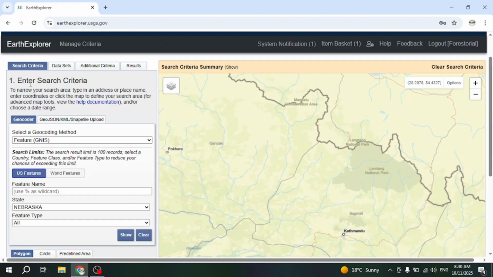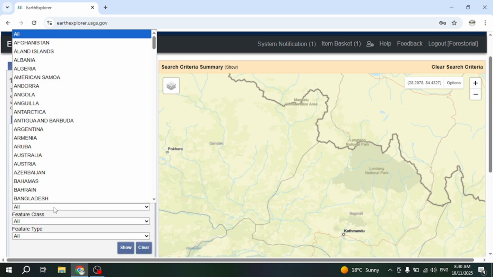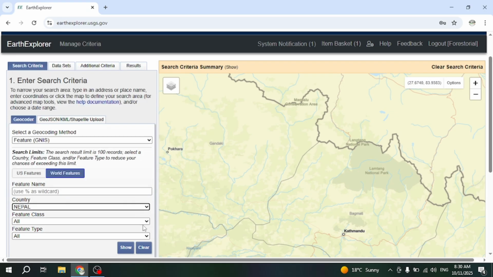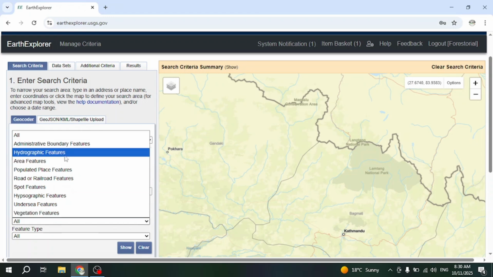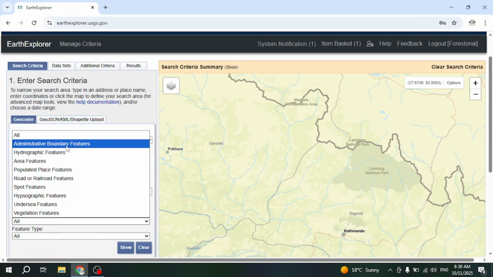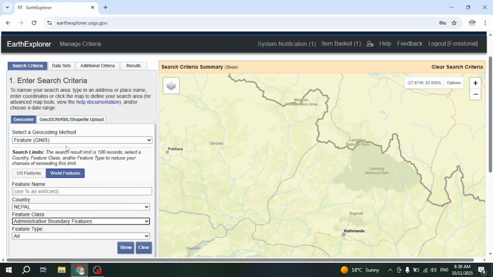Under the search criteria tab, you will see a geocoder. Go to the geocoder and click feature GNIS, and in the feature GNIS there are two options, US features and world features. We are not interested in US features, we will go for world features, and in the world features first select the country. In the feature class you can select the options you like, but all the options may not be available for all the countries and all the regions. So I'll select administrative features for now and I'll click show,